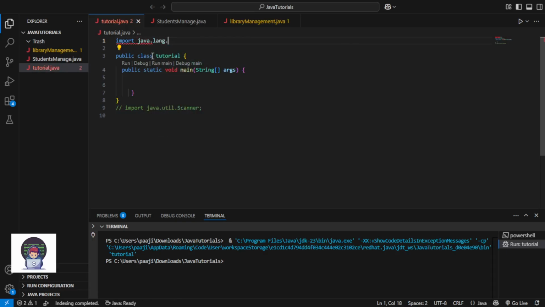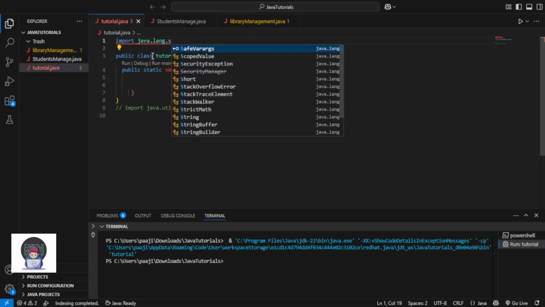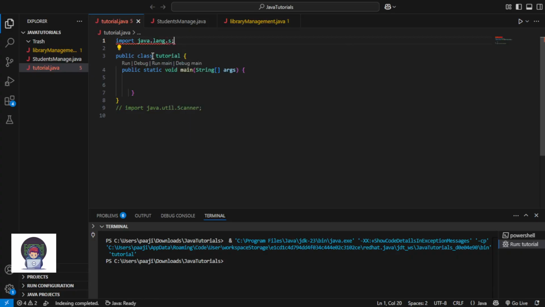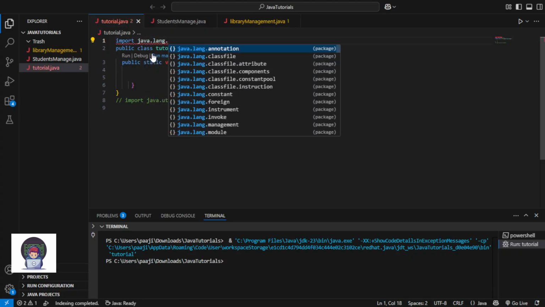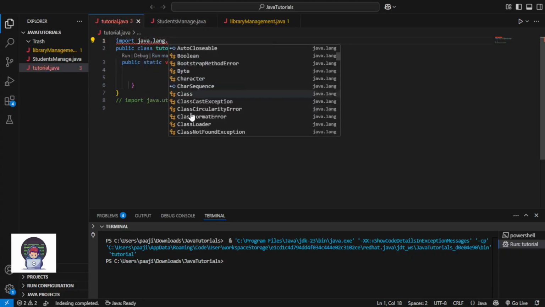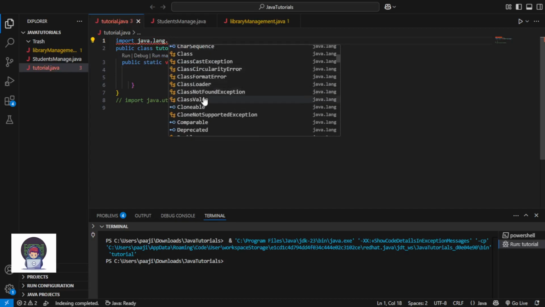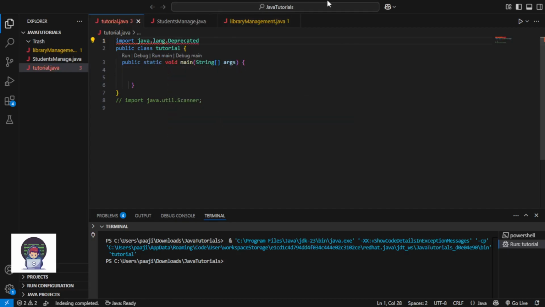Java.lang dot, let's say, safe variables. See, so what does that mean? Okay, it deleted it again. It deleted it because it's not being used anywhere in the program. Okay, so now what is java.lang? This was the first group of things that they created: class, clonable, deprecated, all of this.